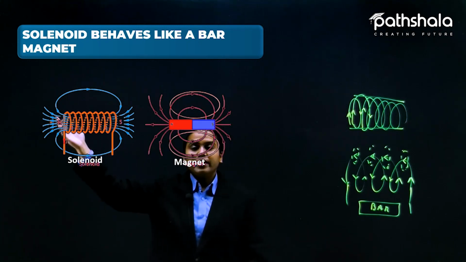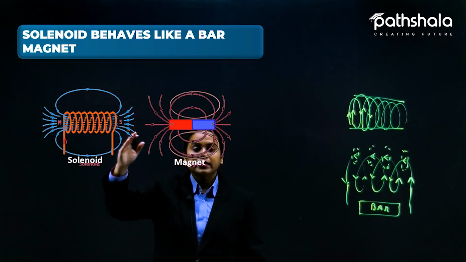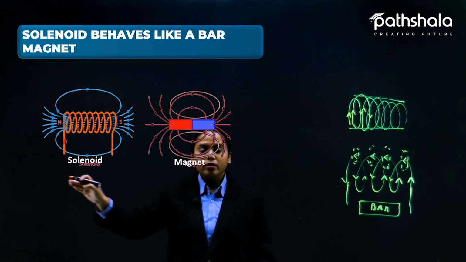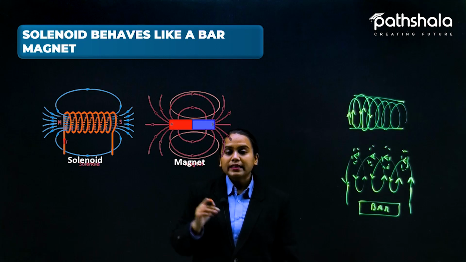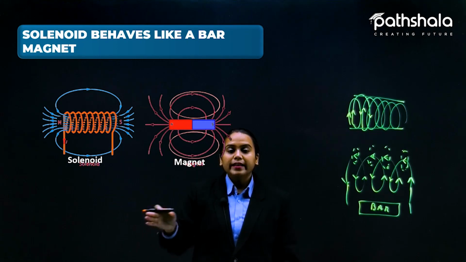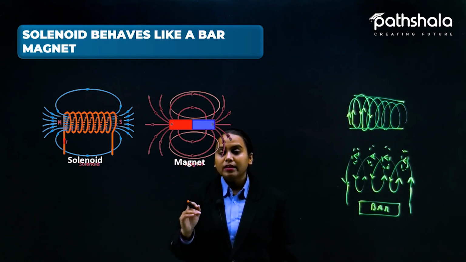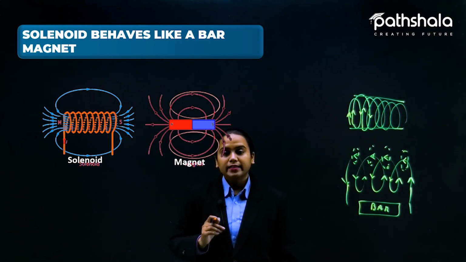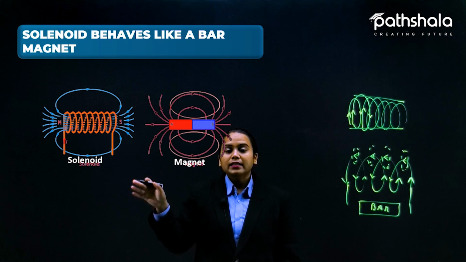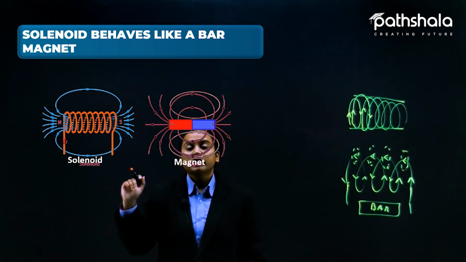It is generating from the north and going towards the south. So this is the best idea that we can relate to the bar magnet, and it will give us the idea of where we will get the north pole and the south pole. One more thing I can see from here: